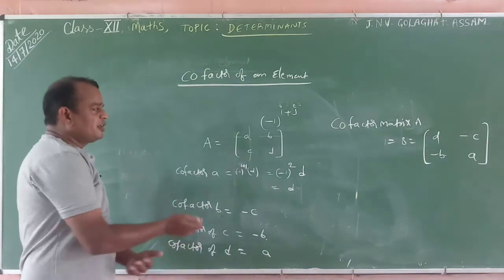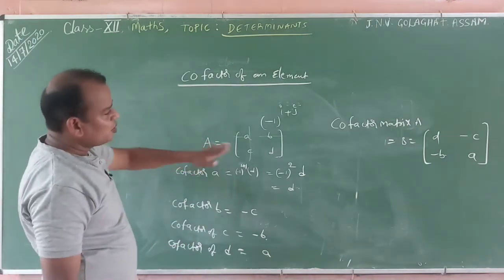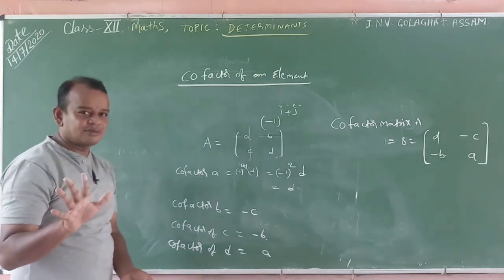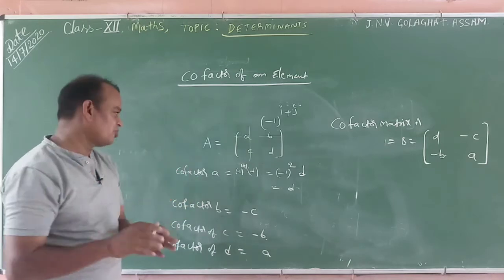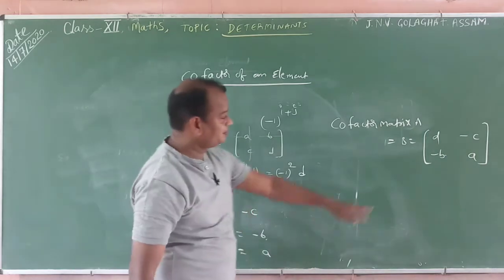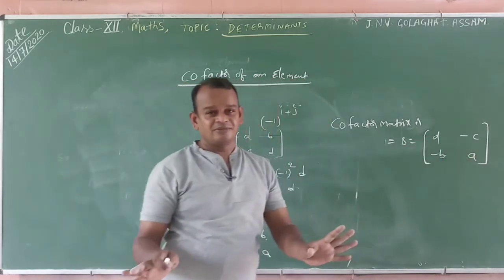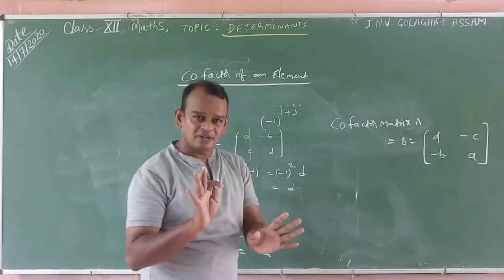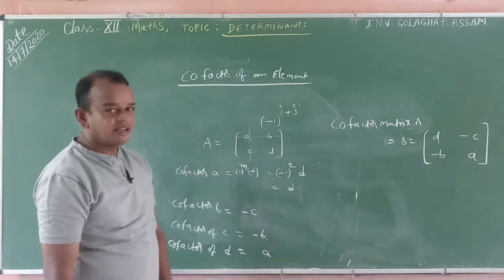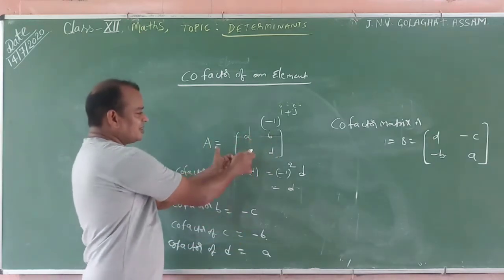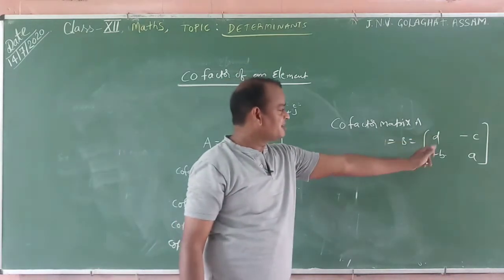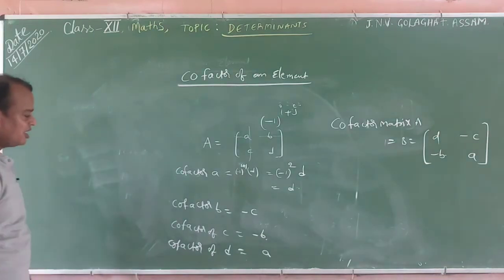Simply we can find the cofactor matrix of A. Now directly, how to find the cofactor matrix? Observe that this is the cofactor matrix. In the 2 by 2 matrix there is no change in the values, same values A, B, C, D. First write the matrix A, D and interchange A and D. No change in the sign, just interchange the values: A, D means D, A. Next, interchange these values with the sign: minus C, minus B. Understand or not?